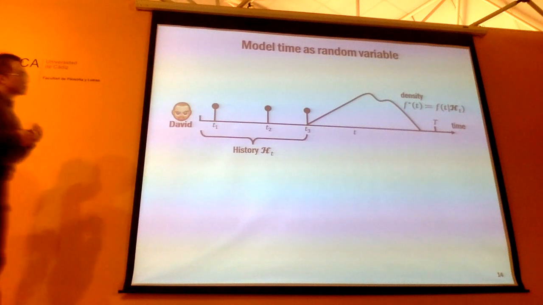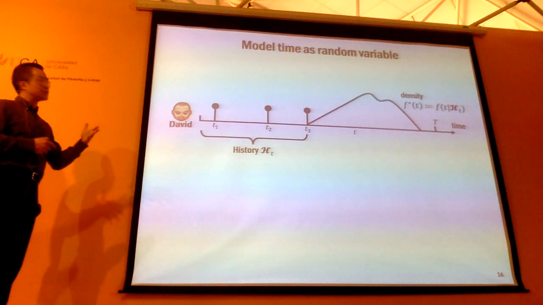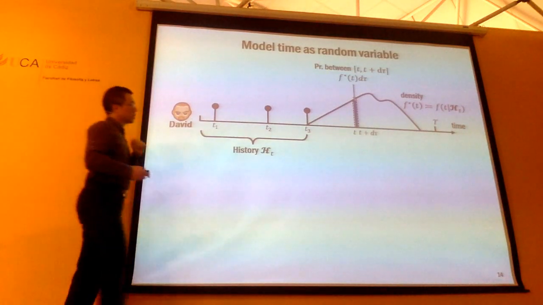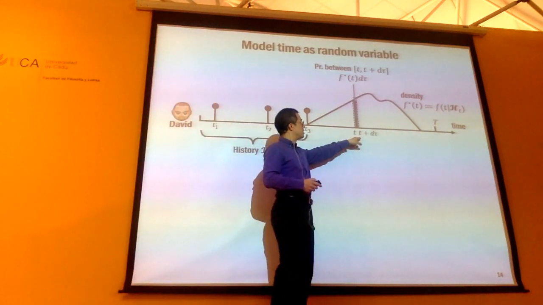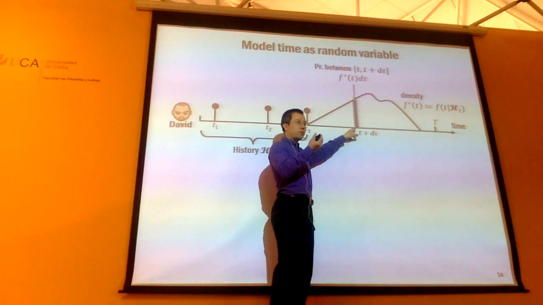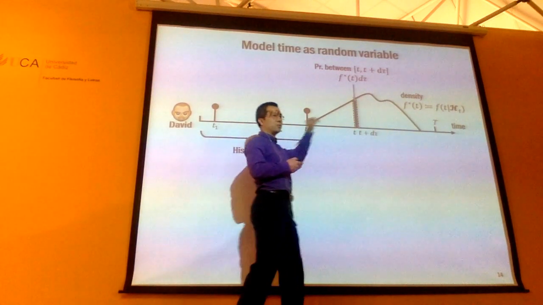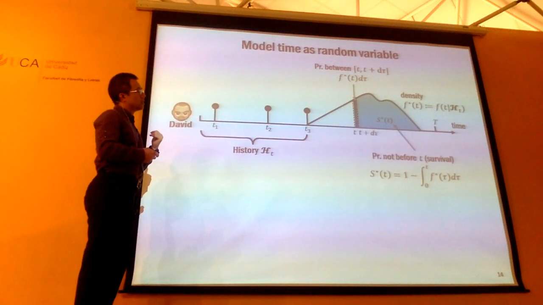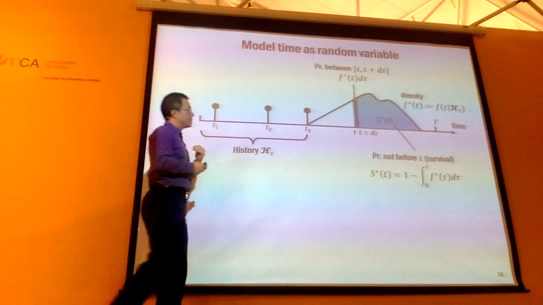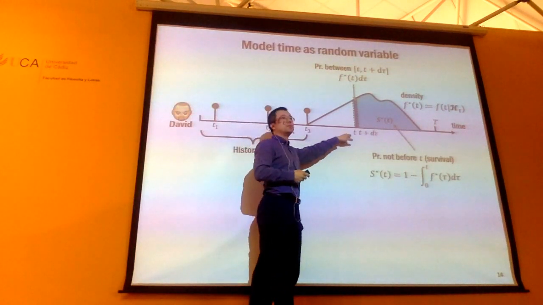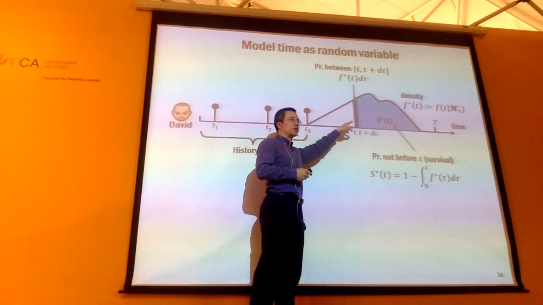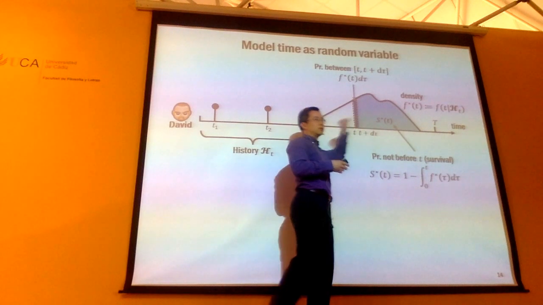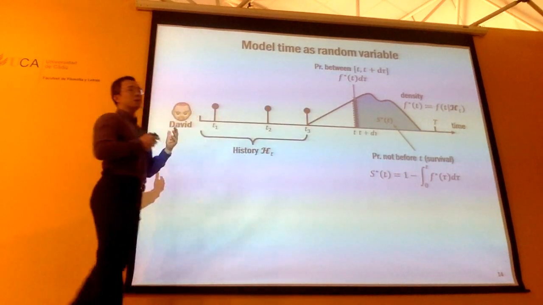So before I go into that, I just want to introduce some related concepts. The first one is the density itself, which means that if you look at a particular small time window, t and t plus delta t, the density gives you the small probability that you see an event in this small window, right? A related concept is something called the survival probability. It's the probability that the event has not happened before time t. So it is just taking this density function and integrating the right-hand side. Okay? So the area under this curve is going to be the survival probability.